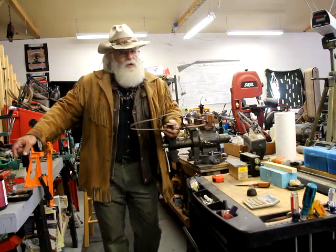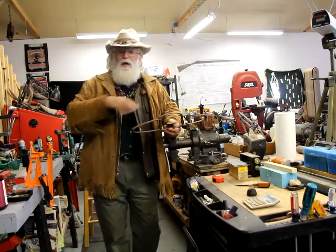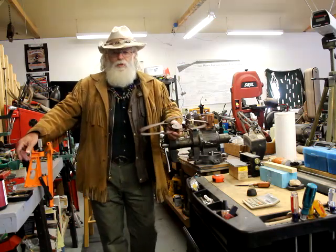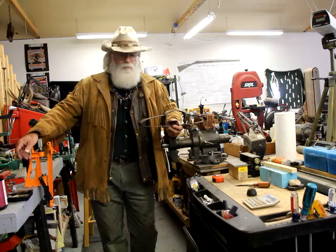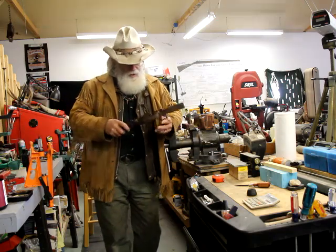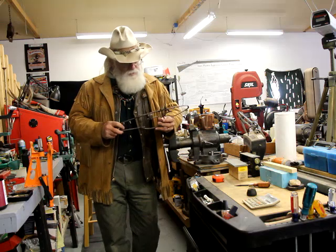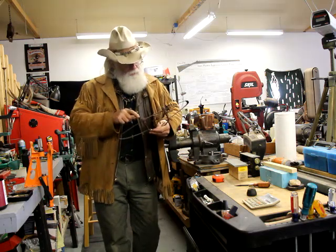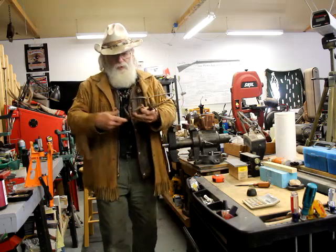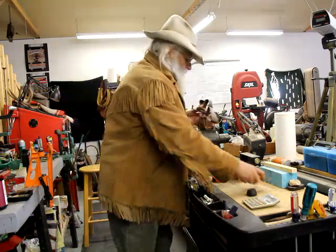Probably the majority of them before this era of time were made by the blacksmith of the town where they came from. But anyway, a lot of them were hand forged. This one here has some forged parts on it. The base is forged. The nuts that hold this little apparatus here,